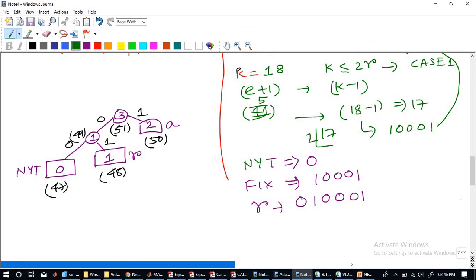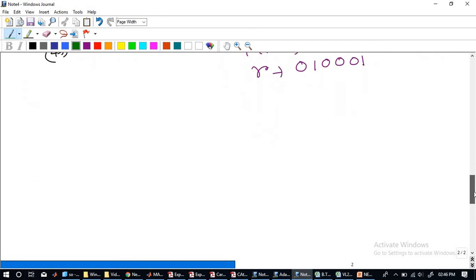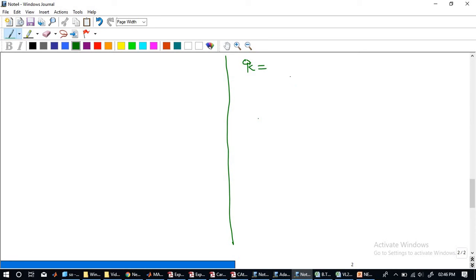Can you give me the value for D? Let me do the tabulation again. First of all, identify what K is. K is 4. Give me the E plus 1 bit. First of all, check whether K is less than 2R. It's matching, right?